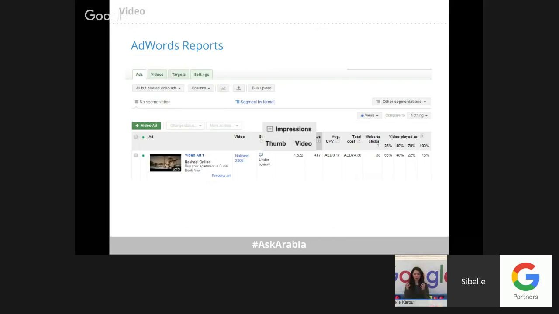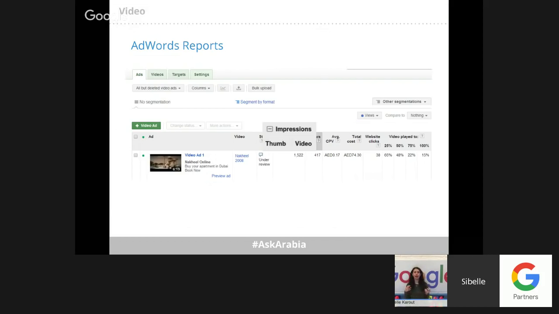It shows you, out of this number, how many people actually clicked on your video ad or clicked on the thumbnail to go and watch your video ad, and how many of them actually did not click skip ad and viewed the full video. So it became video views. It will be communicated as video views. All that you can get from the AdWords report that you can easily download and directly send to the manager.